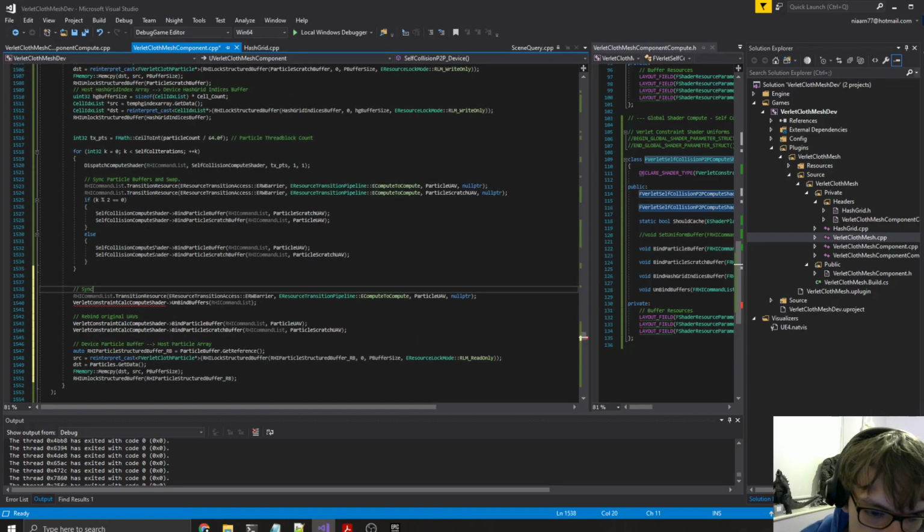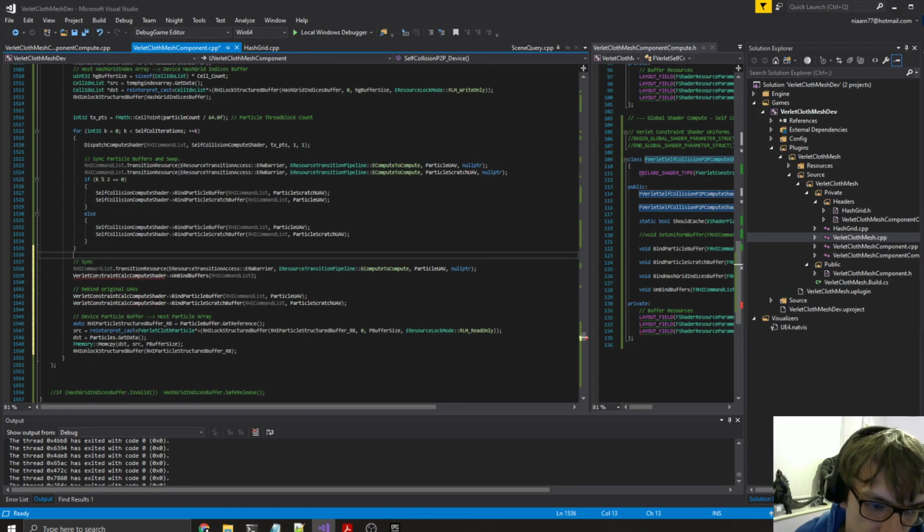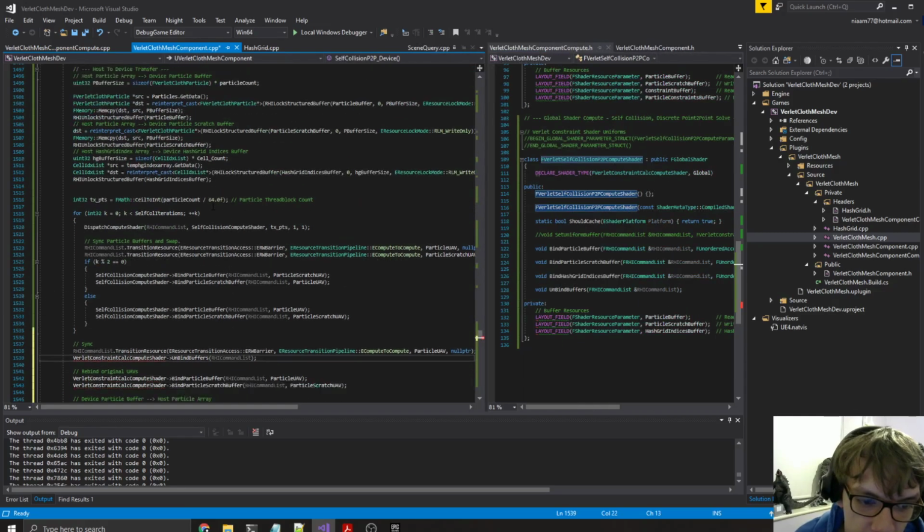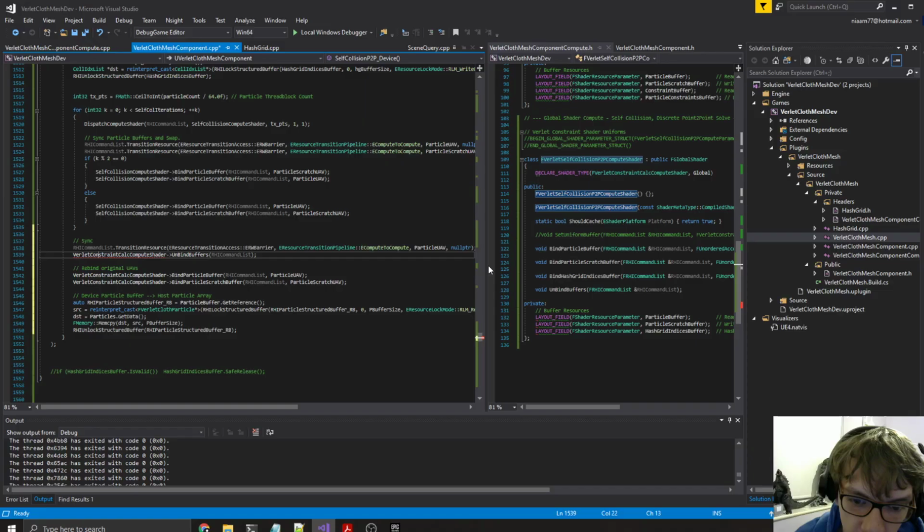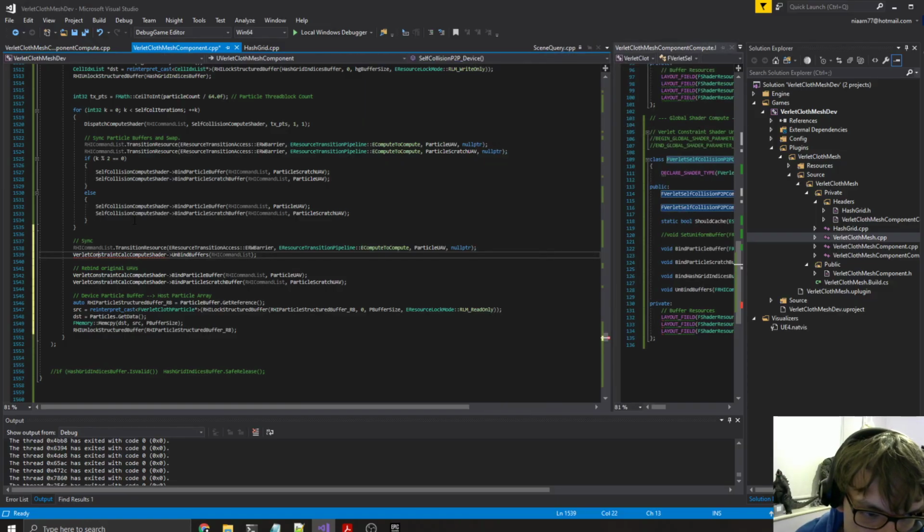We could explicitly sync the particle buffer again, even though it should have been synced in the last swap of the iteration. So I just explicitly sync this. We do not need to read back from the hash grid indices buffer, so there's no need to sync that because there's no need to transition the resource. So we just call it for the particle buffer. So we call the self-collision compute shader, and then we call unbind shaders. So we're going to unbind all the shaders from the compute shader state,